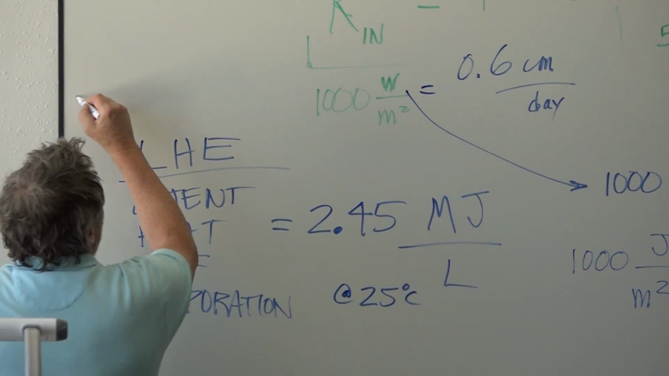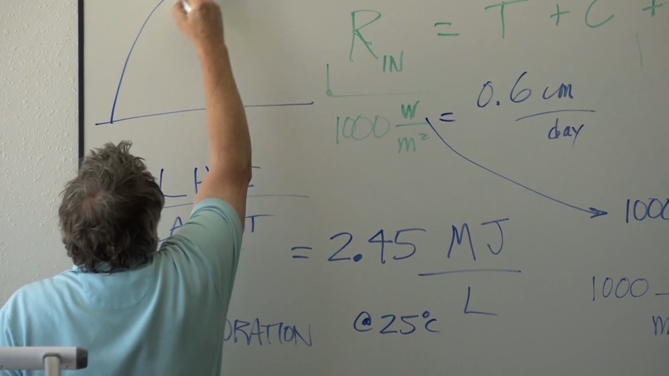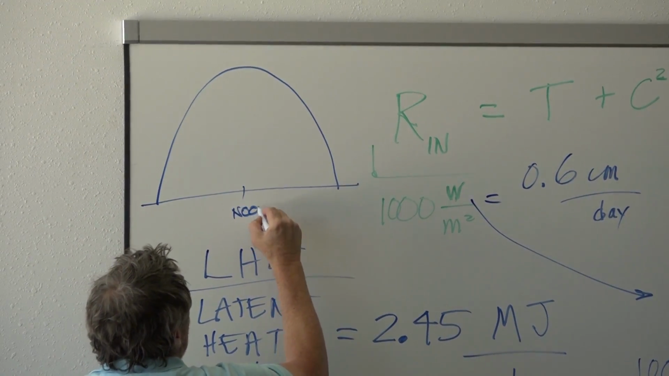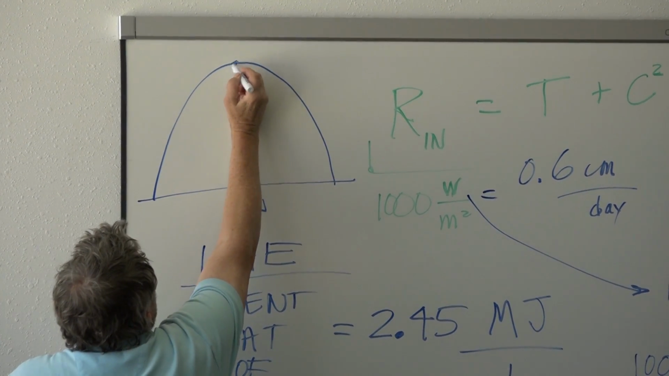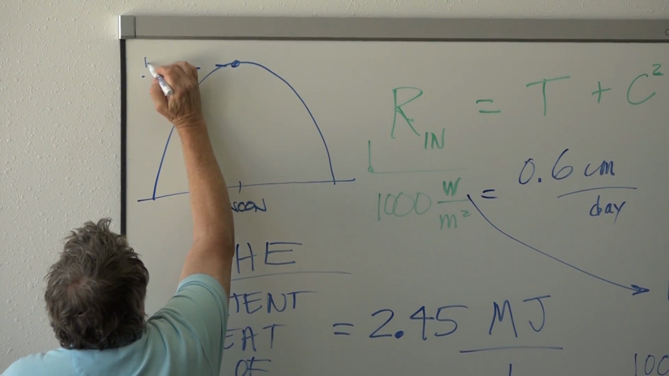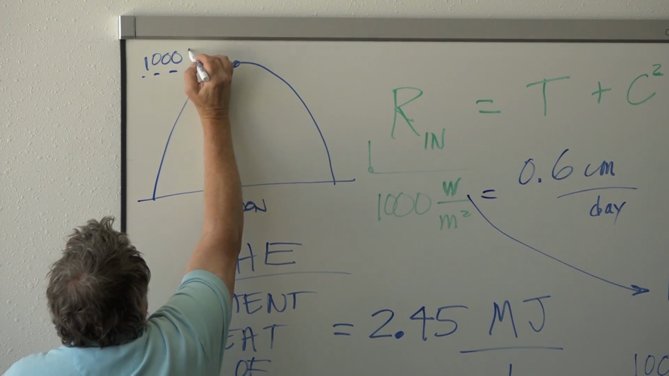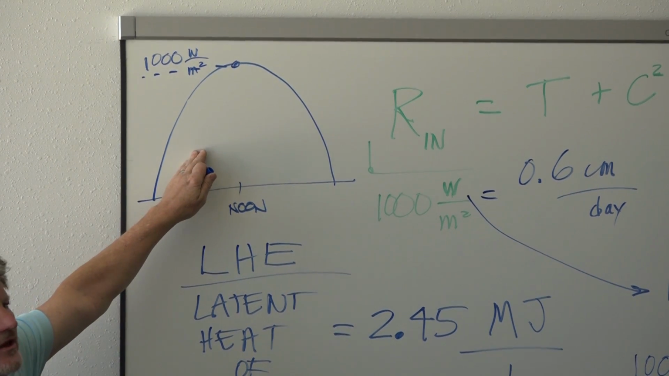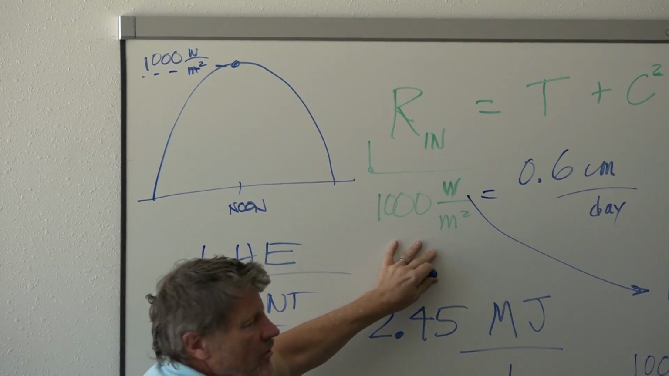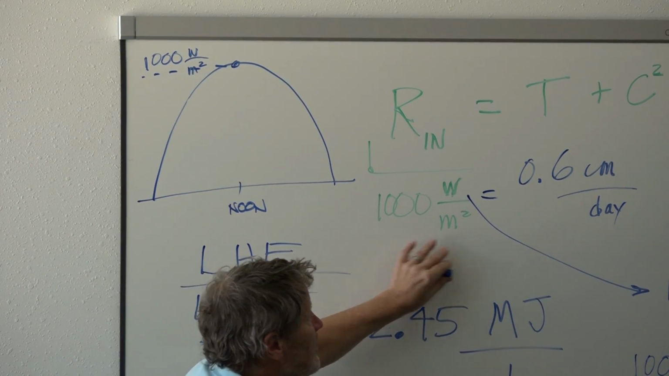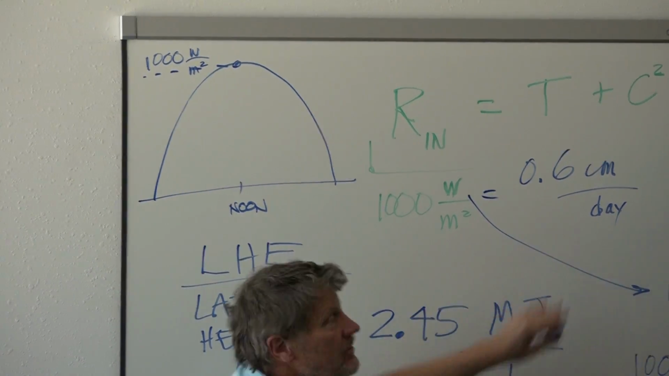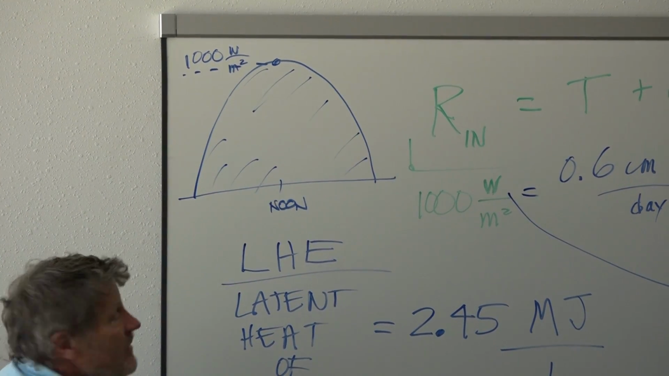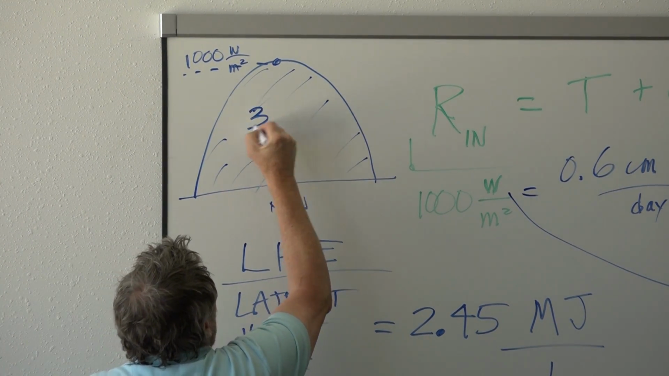So now I'm going to put another curve here. This is noon, solar noon, and up here, this is 1,000 watts per meter squared, the brightest we get typically in the middle of the day. But if we're going to compare all the energy coming in a day to all the water we used in a day, we have to have the area under that curve, and when we do that, we get 30